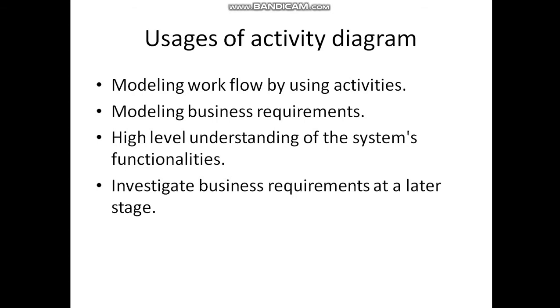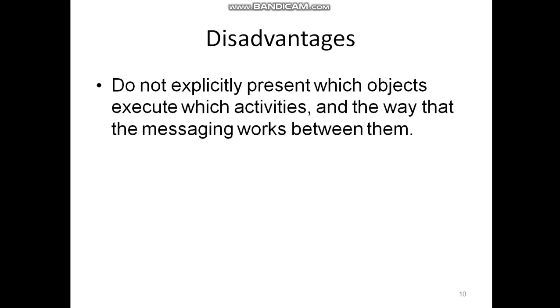Usage of activity diagram. We can use activity diagram to model the activity flow in our system, as well as we can use activity diagram to introduce new business requirement. This is done by reconstructing current activity diagram by adding activities according to new requirement, and it is used as a dummy when demonstrating system functionality to others. Finally, we can use activity diagram to study the missing business requirement in a system.